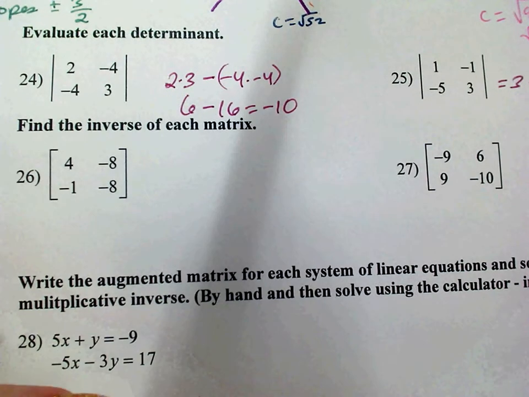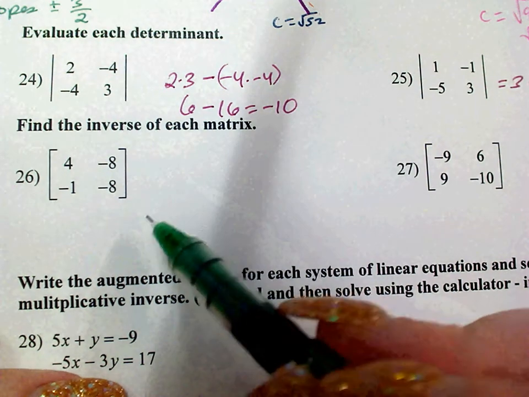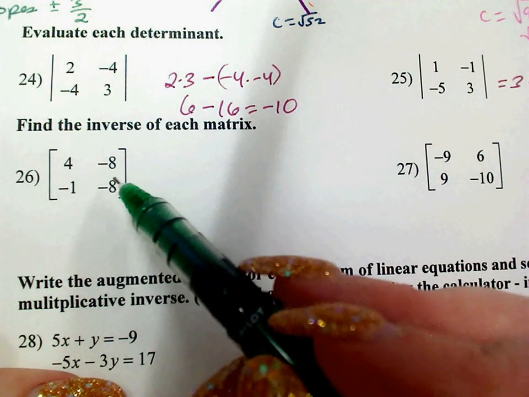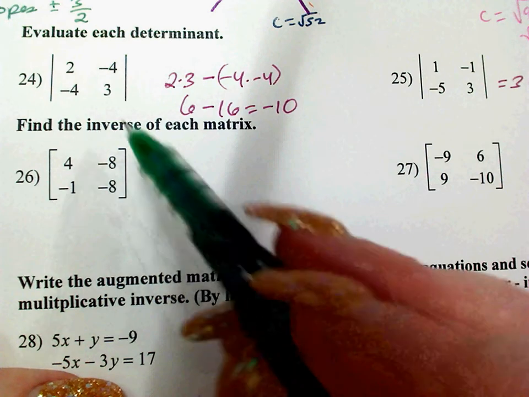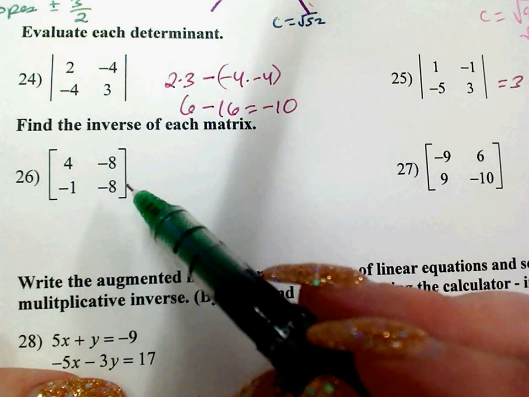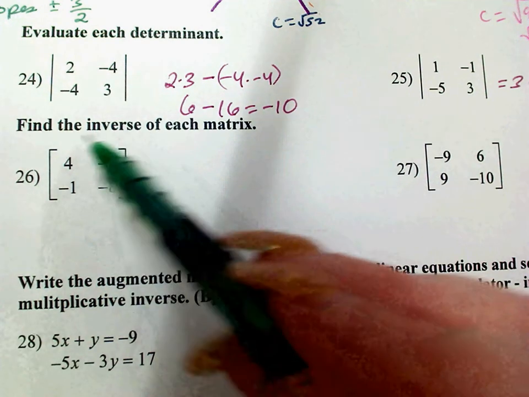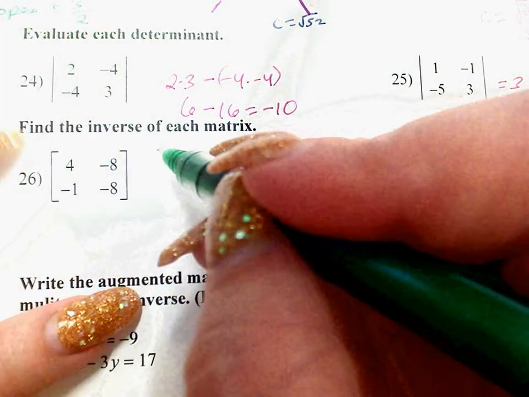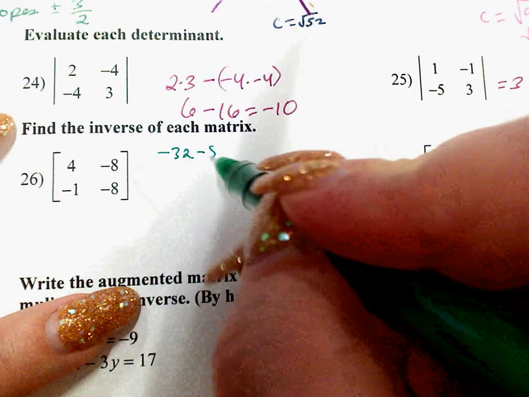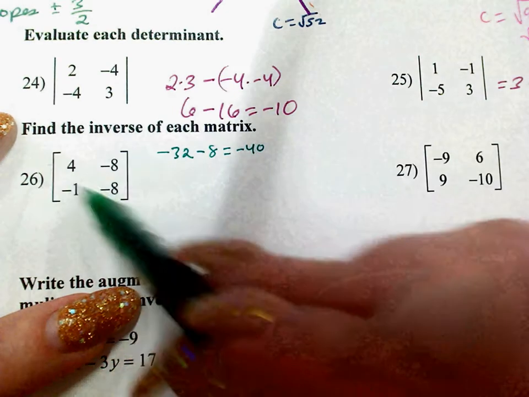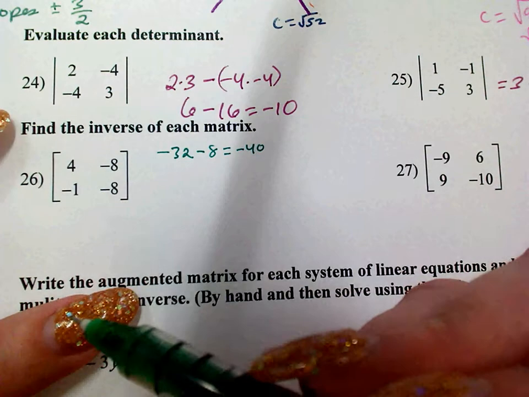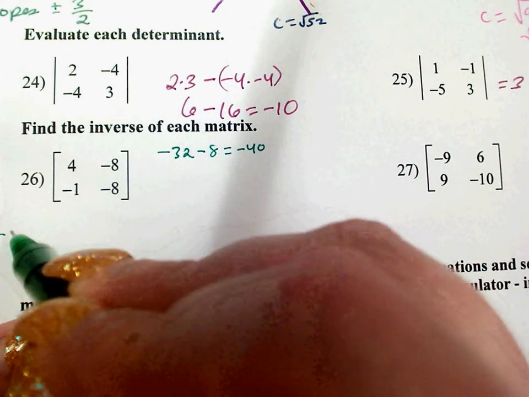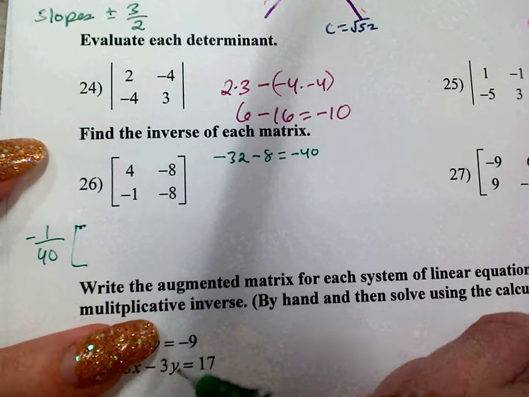Find the inverse of each matrix. For the inverse, you're going to figure out the determinant, figure out the adjugate, multiply, and then that's your inverse. The multiplicative inverse anyway. When they say inverse, they mean multiplicative. So the determinant is negative 32 minus 8, which is negative 40, because negative 8 times negative 1 is positive 8. And then I've got negative 1 over 40 times the adjugate,